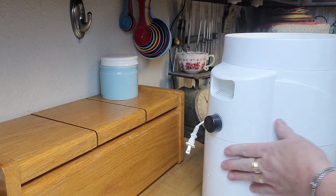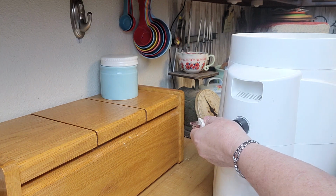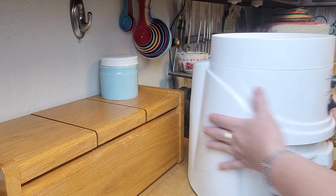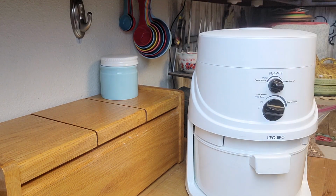I like it because the cord, this is all one piece, and the cord can be put inside of there, so I don't pull it out all the time. I only use it when I'm grinding wheat. And I'll show you a little trick on this. There's some kind of cool